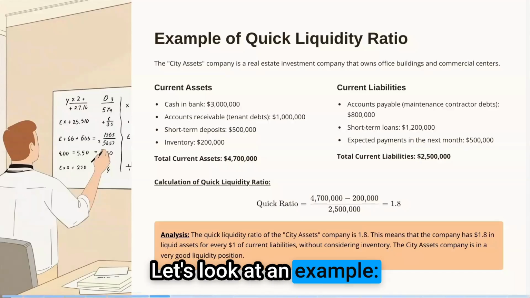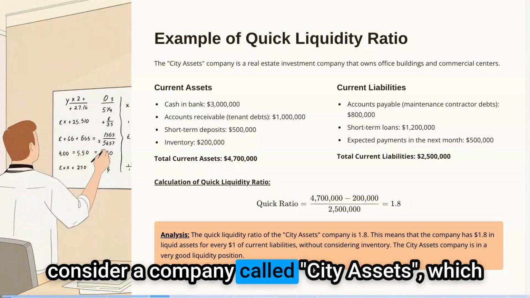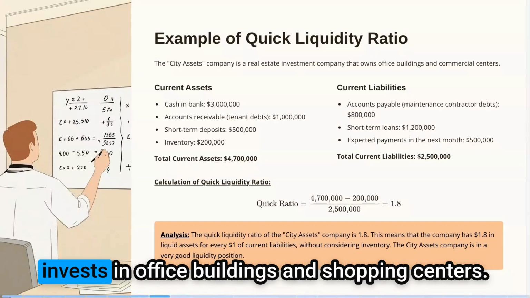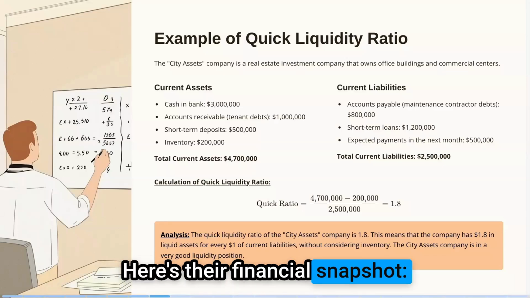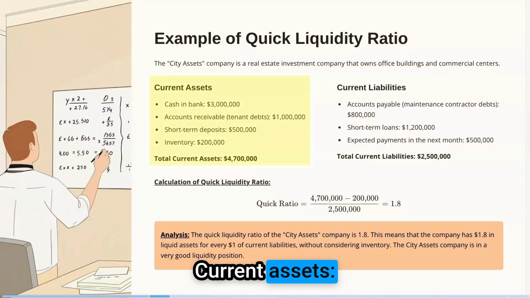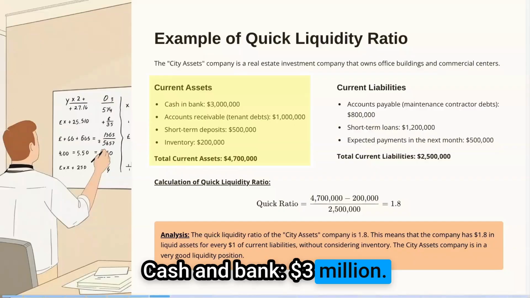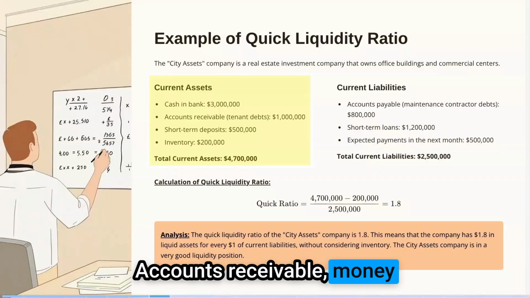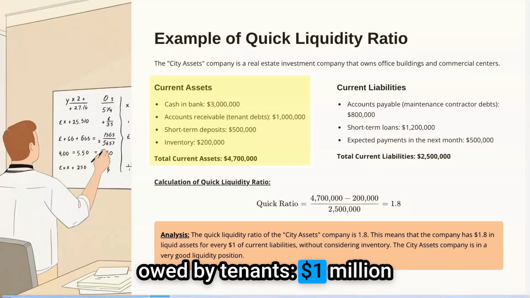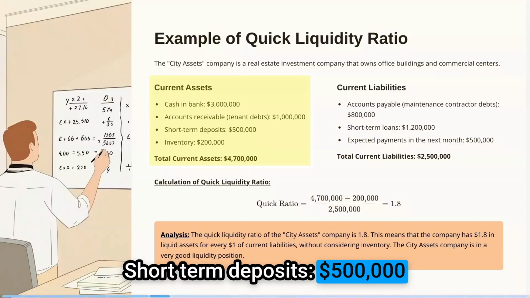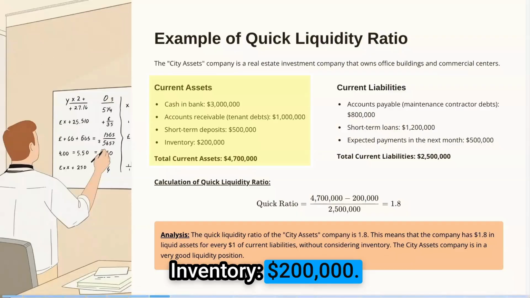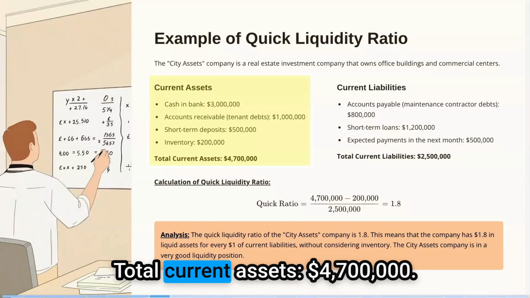Let's look at an example. Consider a company called City Assets, which invests in office buildings and shopping centers. Here's their financial snapshot. Current assets: cash in bank, $3 million. Accounts receivable, money owed by tenants, $1 million. Short-term deposits, $500,000. Inventory, $200,000. Total current assets,